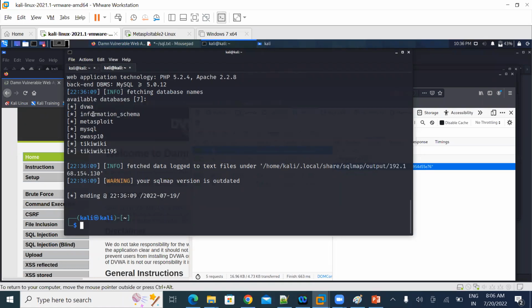Is it dvwa or information_schema or Metasploit or MySQL? How do you confirm that? Which one belongs to our application's database? In a server, someone has hosted seven applications, and each application has its own database. But when I try to check the databases for one of the applications, it is listing all the database instances. So there is a command called